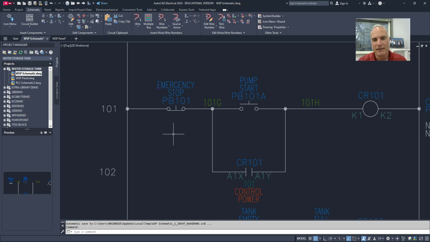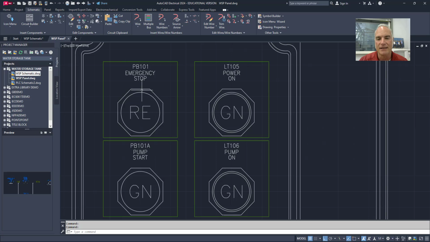Now what AutoCAD Electrical does is there's a database running behind the parts and all of the drawings, coordinating all of these drawings and making sure that everything lines up. So AutoCAD Electrical recognizes that this symbol for the push button in this schematic drawing is the same thing as this symbol in the panel drawing. Even though they look different, it recognizes that it's the same thing,